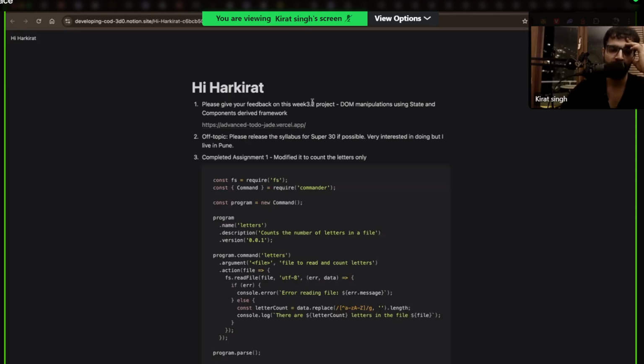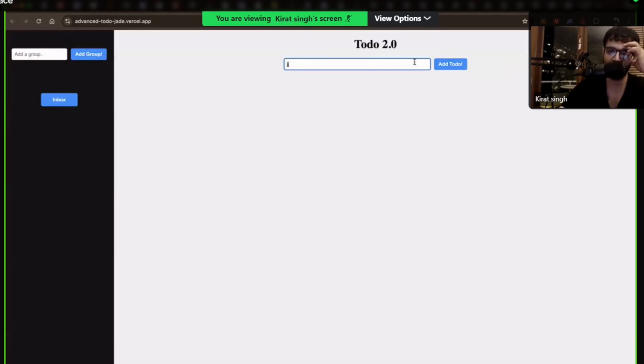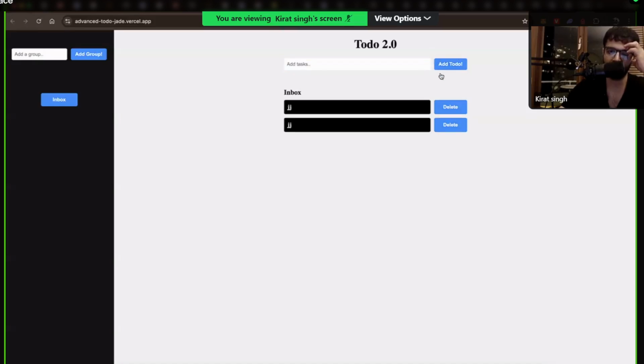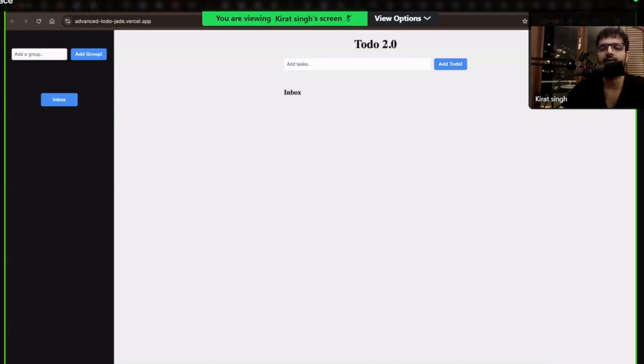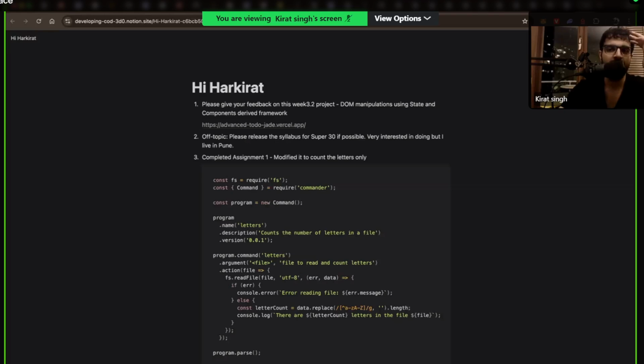Feedback on 3.2 project documentation state and components. All right, let's see. Looks decent. To do. Well, yeah, polish. You get the idea, right? The world is moving so fast. If you're a new coder, it's totally fine. But polish matters a lot. This is great, but you can style it better, all that jazz. There's no feedback other than polish it more. Dazzle me, doesn't dazzle me at the moment because I've seen 100 to-do applications now. But good for your own learning. Great if this is the first time you're doing DOM manipulation, right?